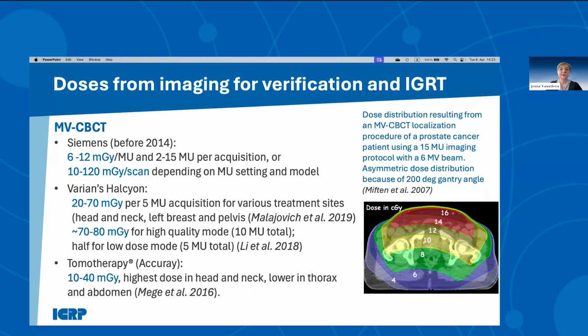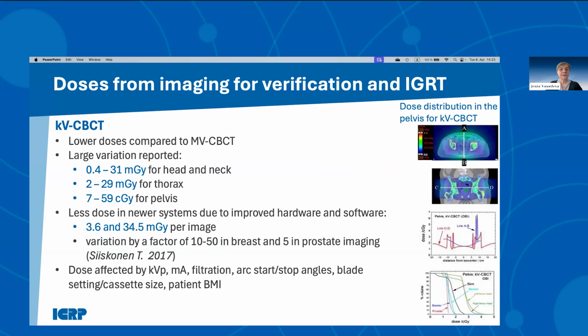And dose distribution resulting from this is not completely uniform, but better, more uniform compared to the portal imaging. And finally, kV cone-beam CT delivers lower doses compared to the MV technique, with large variations reported from 0.4 to 59,